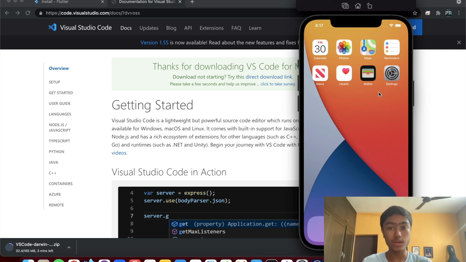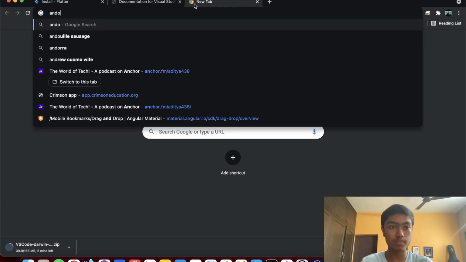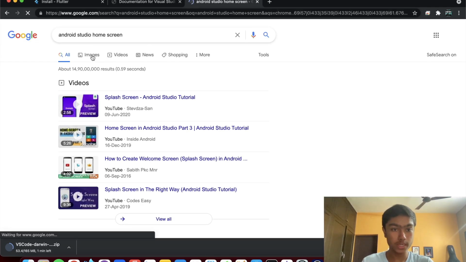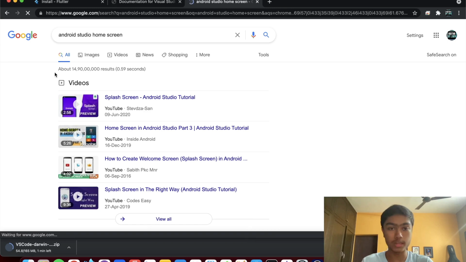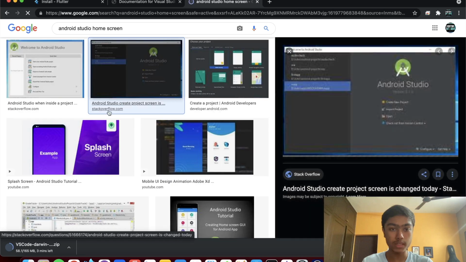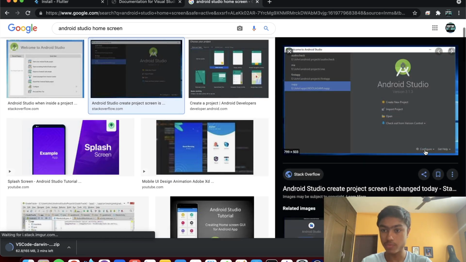So for Android, you need Android Studio, and through Android Studio, there's something called an AVD manager. So you go through the full Android Studio setup, and then on the home page, there's going to be a settings icon. I'm not sure if I can show it to you. Maybe I could do a search. So there'll be a settings icon. So you click on that. Yes, this is the home screen that you should be able to see. And then you click on the settings icon. It says configure over here. You click on that, and then there's something called AVD manager. Open up the AVD manager, and you're going to be able to see